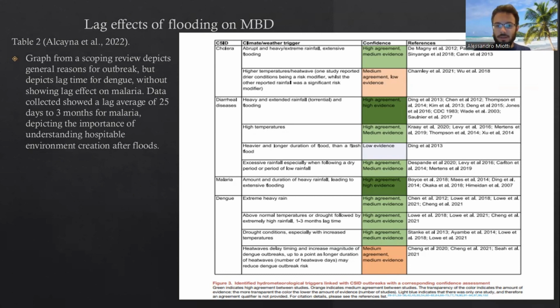And it's important to note that this is not only the case for dengue, but malaria as well, Rift Valley fever, Murray Valley encephalitis. These mosquitoes have the same or similar trends when it comes to the lag periods, because mosquitoes prefer stagnant water, and stagnant water occurs after a certain amount of time. And of course, different floods are going to allow stagnant water at different times. So it's important to really understand the variability in flooding, and hopefully one day we have better resources to understand this.